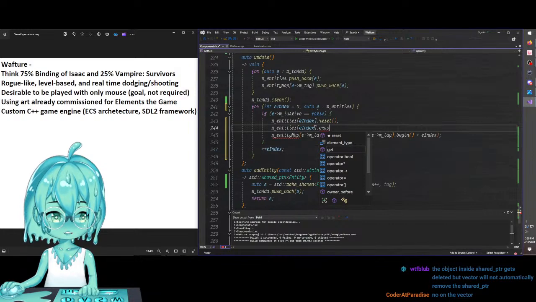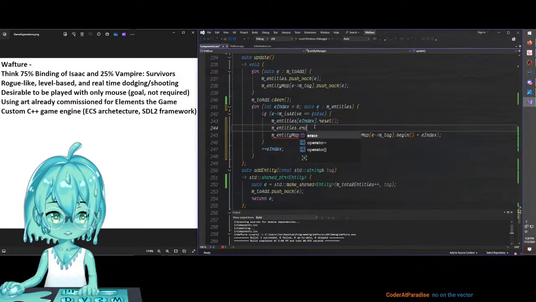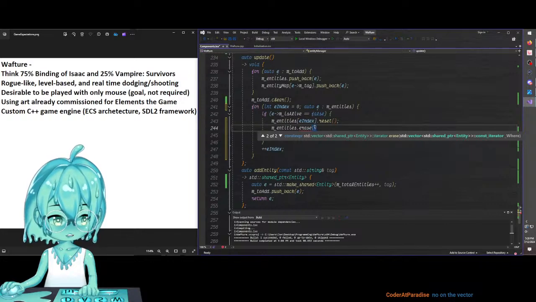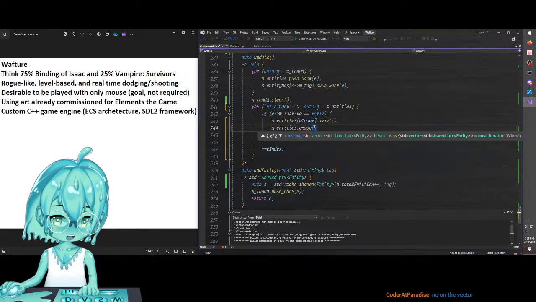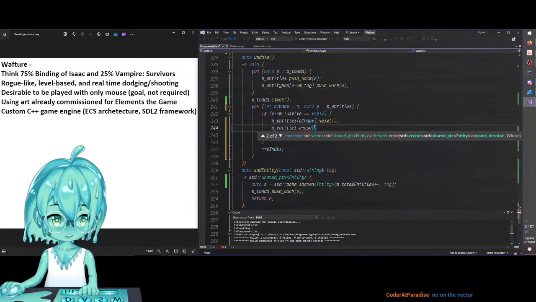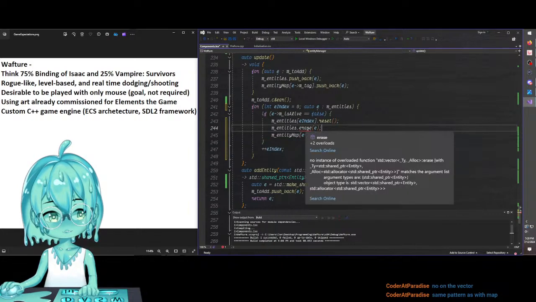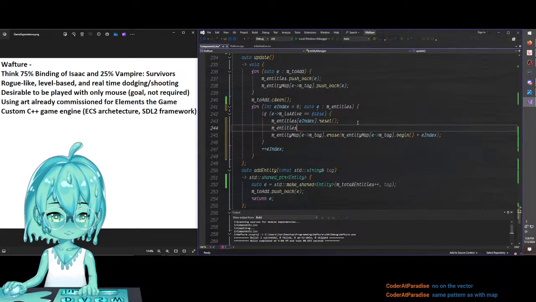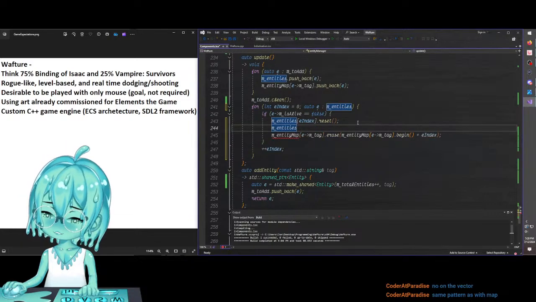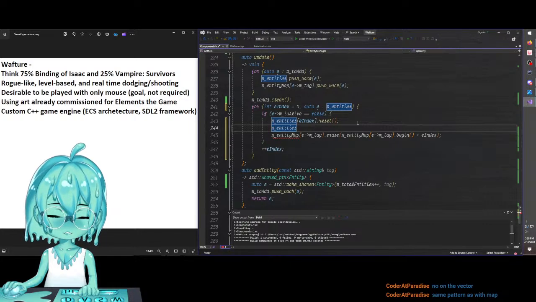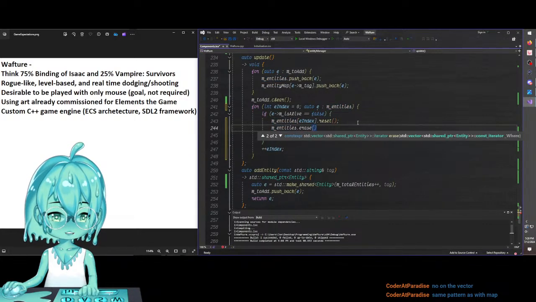erase? No, erase doesn't work because it's pointing to the shared pointer. So it should be like erase, iterator, erase, vector, shared pointer, entity. No, that doesn't work, right? I wonder how you call this. Man, putting maps and vectors are so complicated. The same pattern as with map? What? Really? Erase, using value,